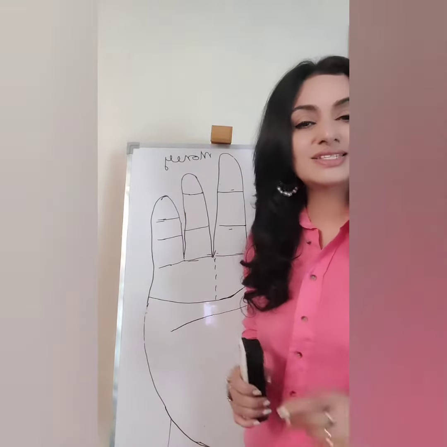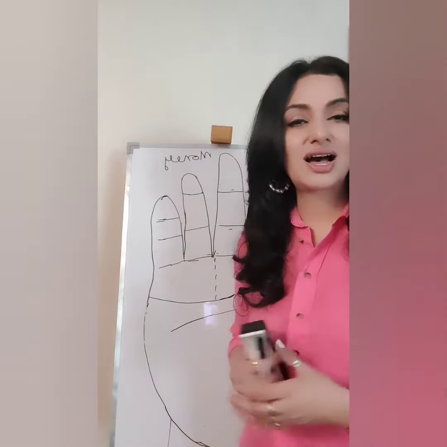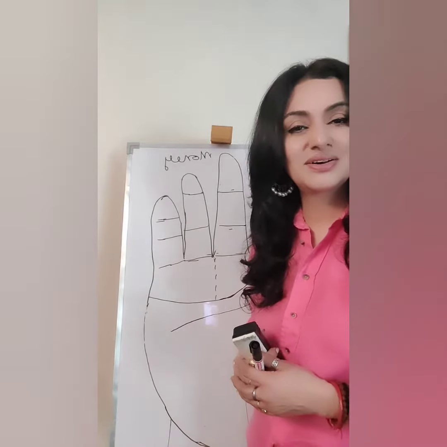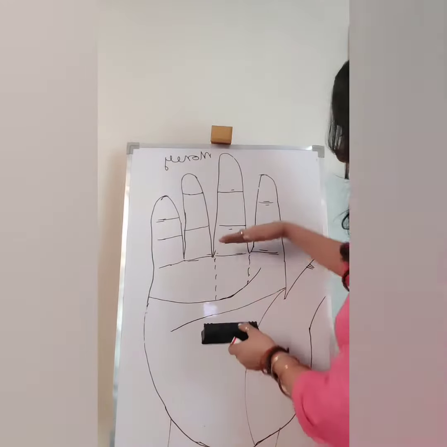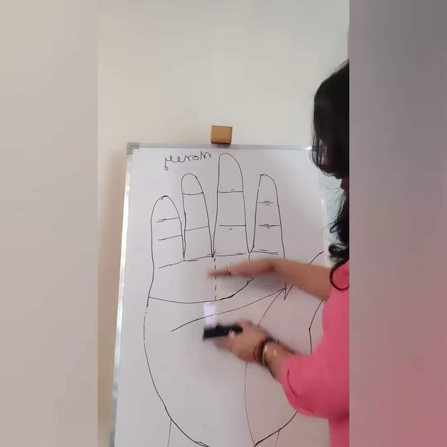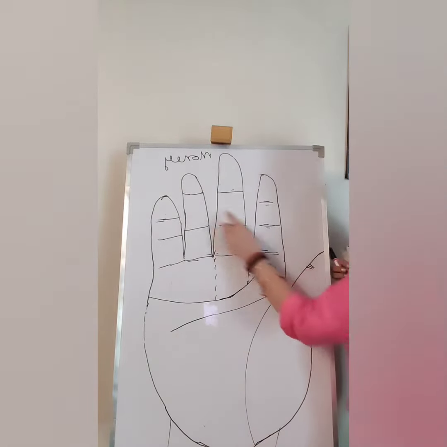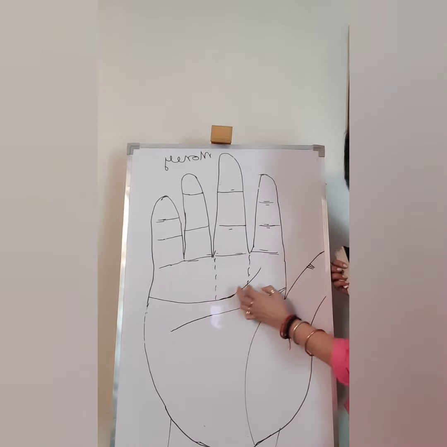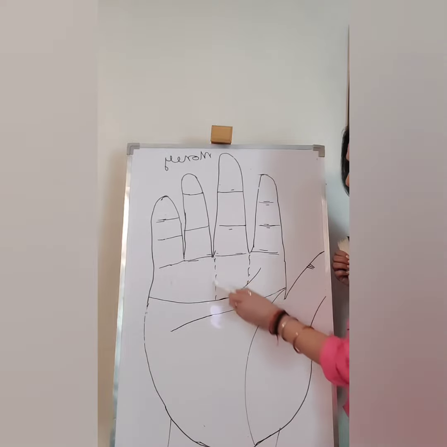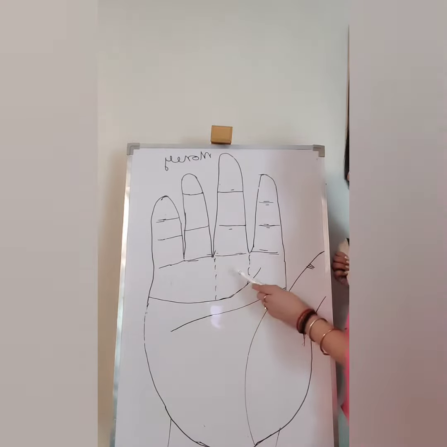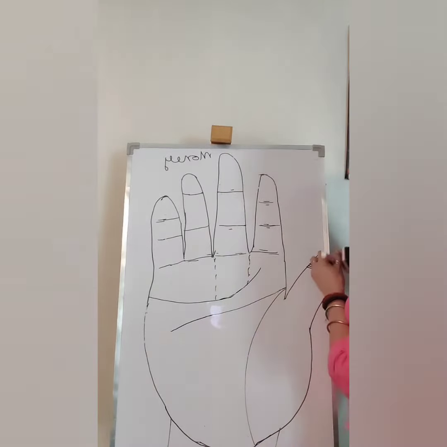Next is to look at your fate line. Fate means the destiny has provided you well. To start with, we divide the palm into three: first, second, and third. If you look at the fingers, the middle finger, the dotted area that I have drawn here, this is the area which in your palm is primarily holding the portfolio of your money. So this is your money portfolio.